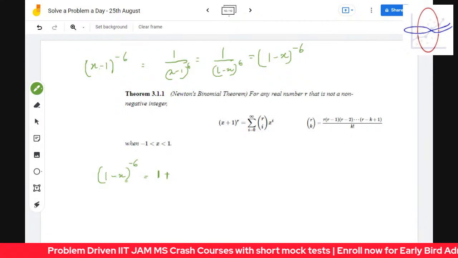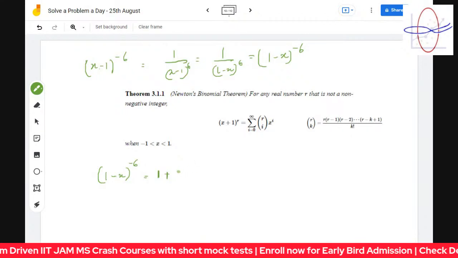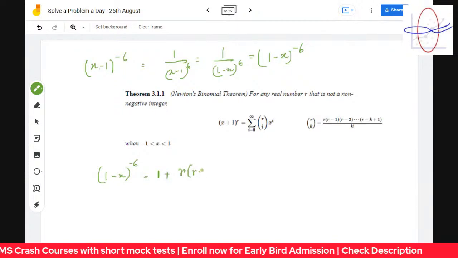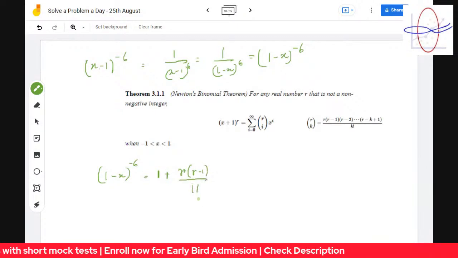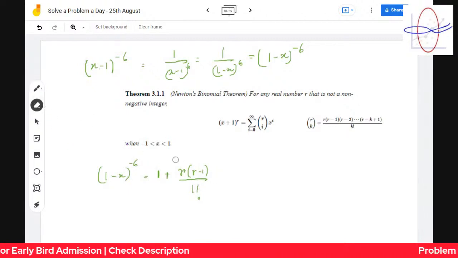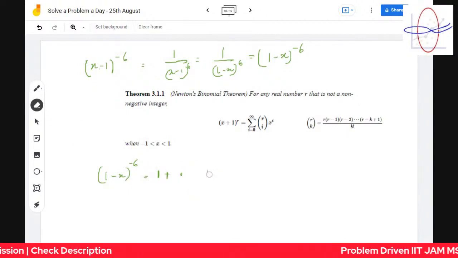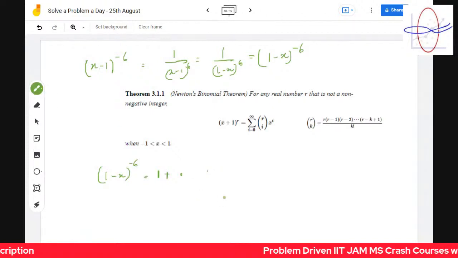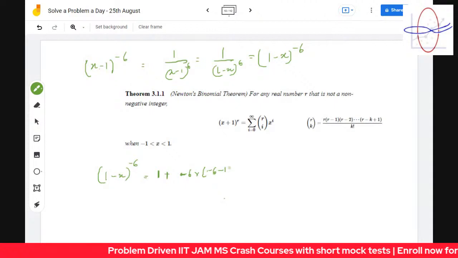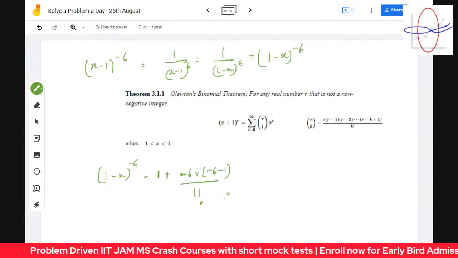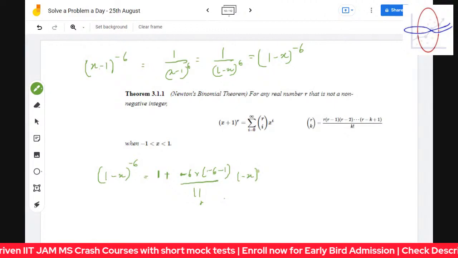So minus x will be there. So R choose 1 means R into R minus 1 by 1 factorial. R is a real number. So what is R over here? R is minus 6 over here. So minus 6 times minus 6 minus 1 by 1 factorial into minus x whole to the power 1